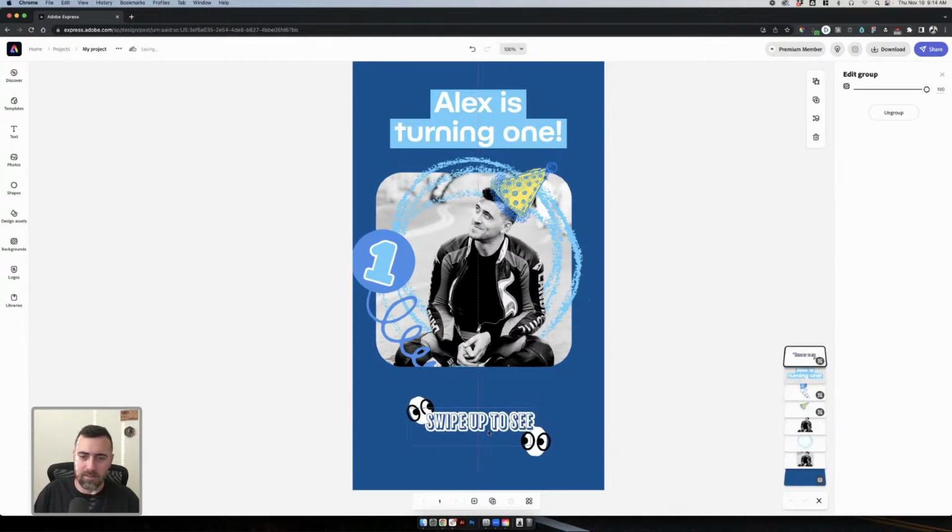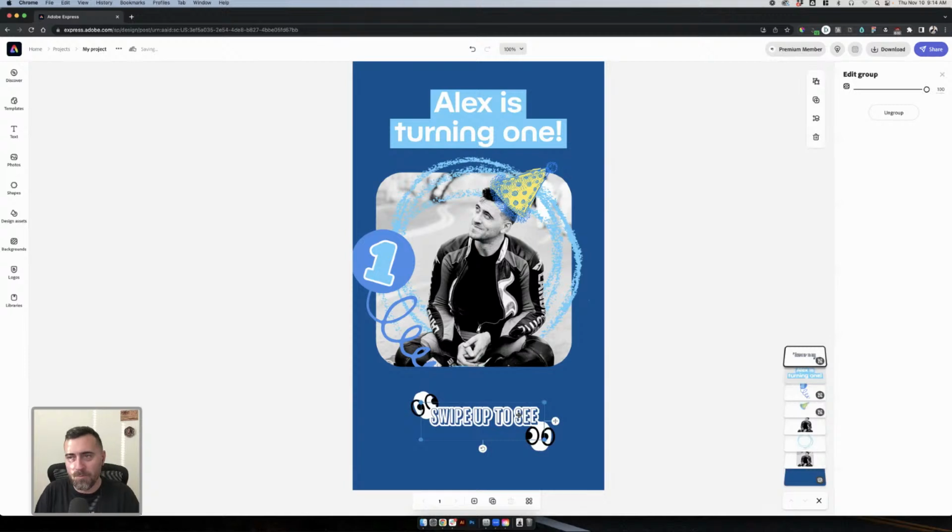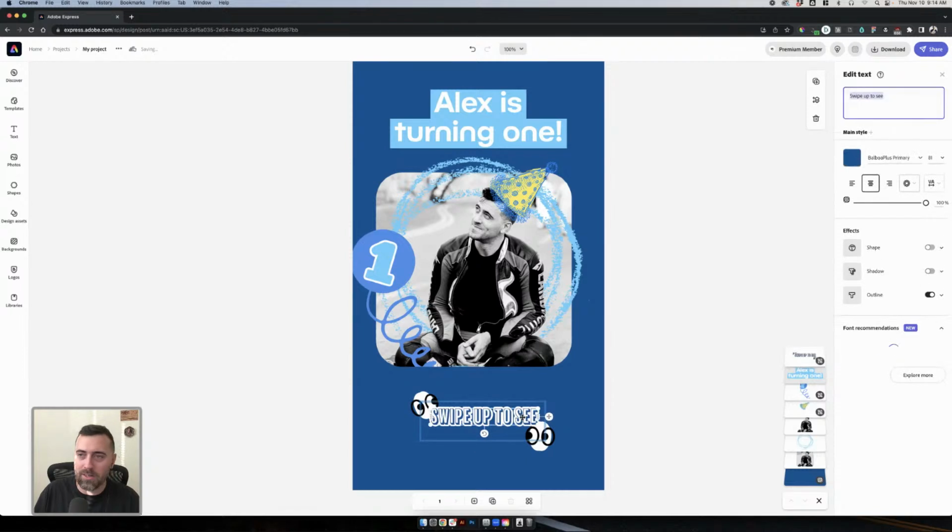Swipe up to C. Which doesn't actually make sense now that I'm reading the copy. Swipe up to C. Huh. That's not what I need to do. So what I'm actually going to do is double click in there and then swipe up to